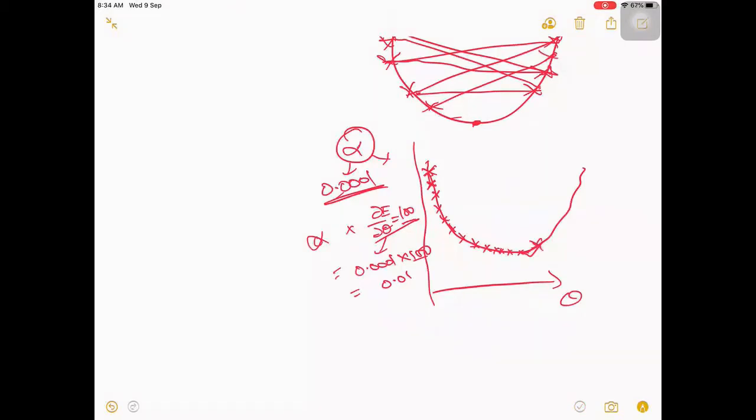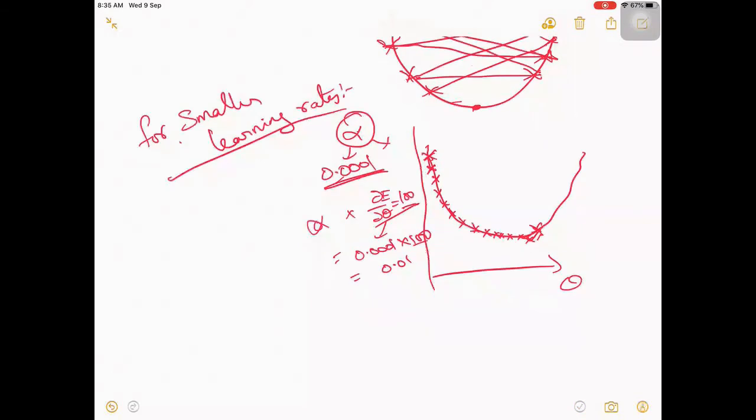Next time the gradient will be negative, and it is increasing only slightly. Slowly it will reach here. So this is how it will reach with a smaller learning rate. If you give a very small learning rate, the increment in theta will be very small, so it will slowly come and try to reach the minimum value.